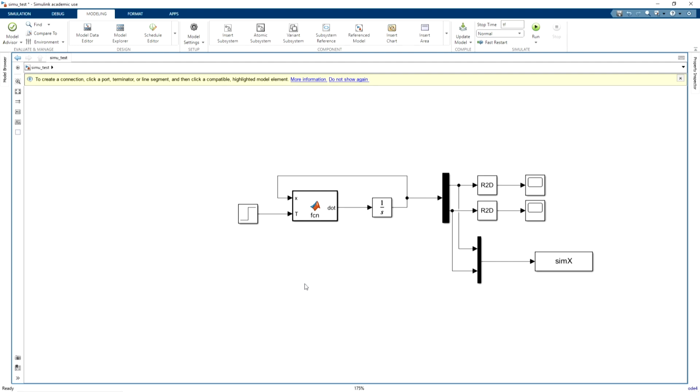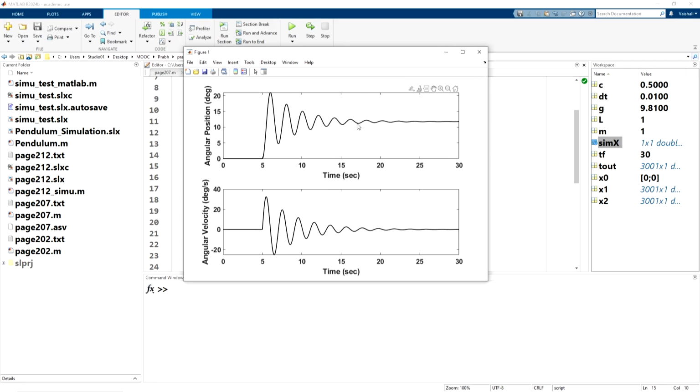Yes. So here we have two responses. Here we have angular position which is settling around 11.8 degrees. So the response will not be 0 because we have a constant input which is acting upon the pendulum. That is why we have some response.